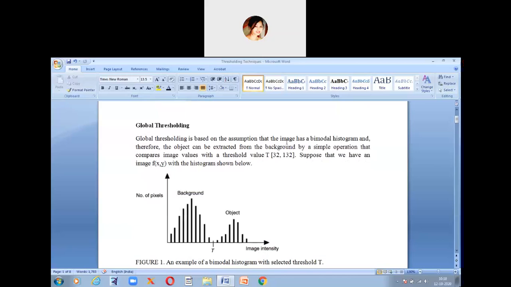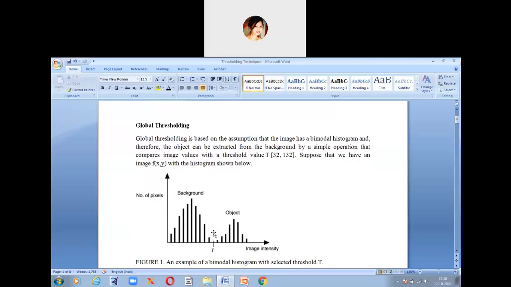Global thresholding is based on a bimodal histogram, that is, it talks about two relative modes. Here we are talking about a background and an object, and therefore the object can be extracted from the background by a simple operation that compares image values with a threshold value T of 32, 132.